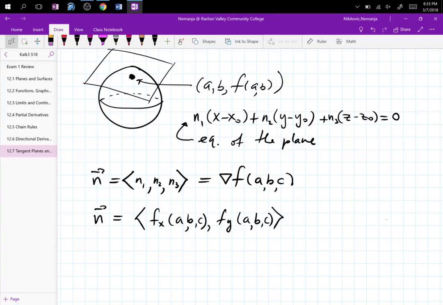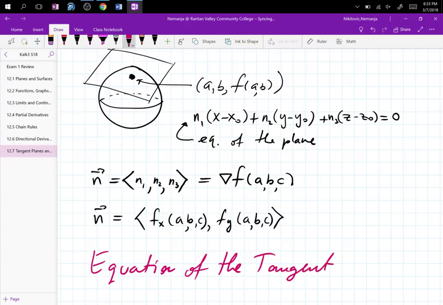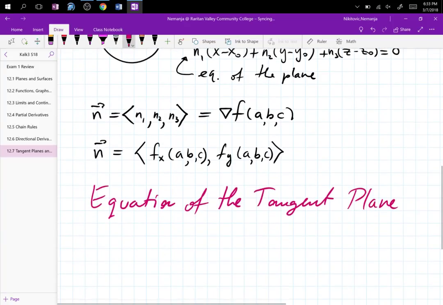Nice. All right. So now I'm going to create the vector equation of the tangent plane. So let's write this. This is the important bit. Equation of the tangent plane is,